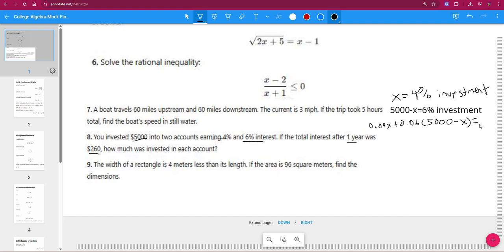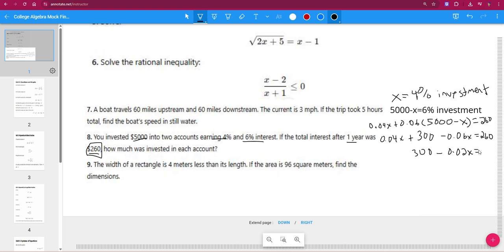Okay. And the total interest was 260, so that equals 260. So I distribute .06 times 5,000. Check my math here. My brain's not working. There we go. So 300 minus 0.06x equals 260. And then if I combine like terms, I get 300 minus